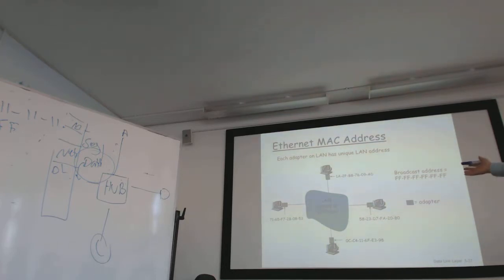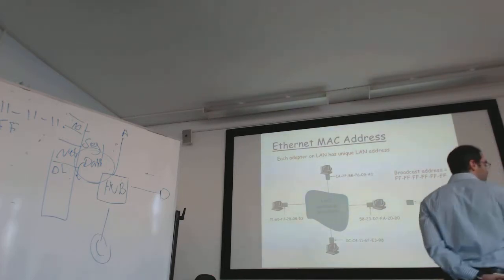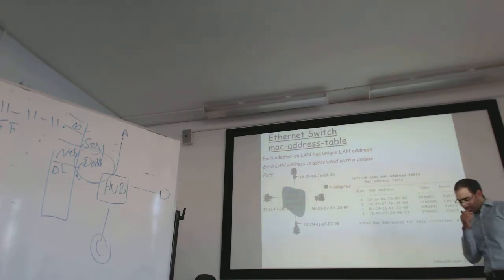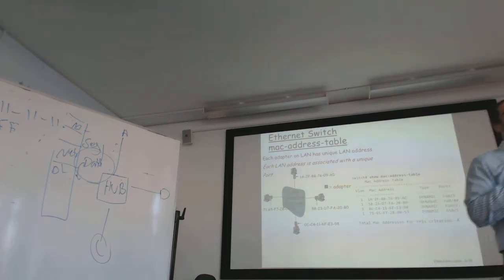This is an example of your actual LAN, wired or wireless topology, where you have a star configuration with four interfaces, adapters of four different devices. Very simple, straightforward. How will this look in your actual configuration on a machine? If you know how to do configuration within your Windows, Mac or Linux system,